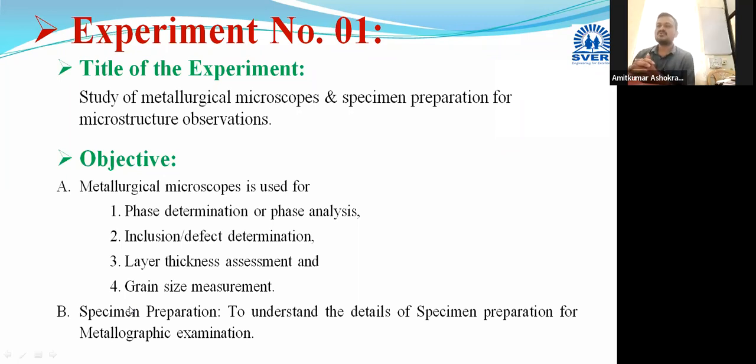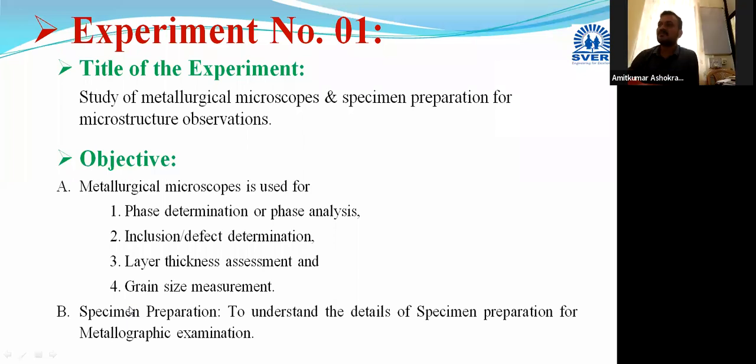Suppose you want to study a mild steel material, then you have to cut a small piece of that material, and that small piece is mounted and that specimen is prepared, and that specimen we are going to take under the microscope after its complete preparation. Then how to do this specimen preparation? That we are going to study in this experiment now.